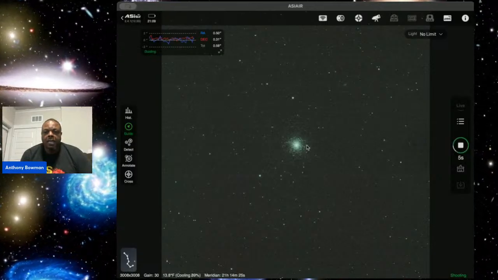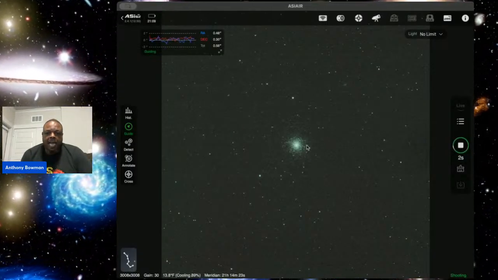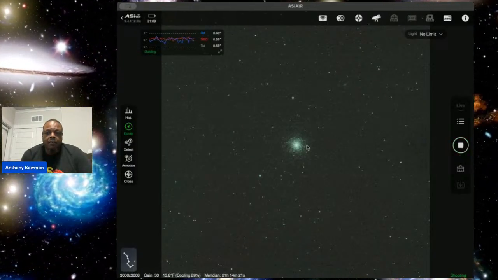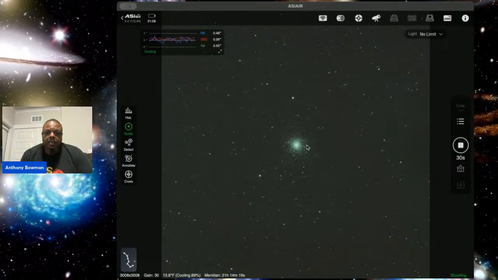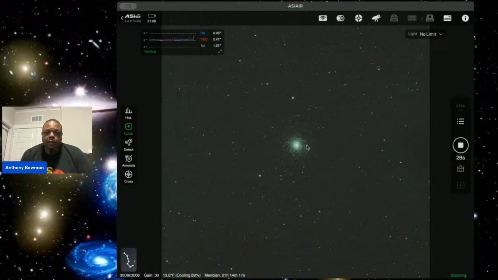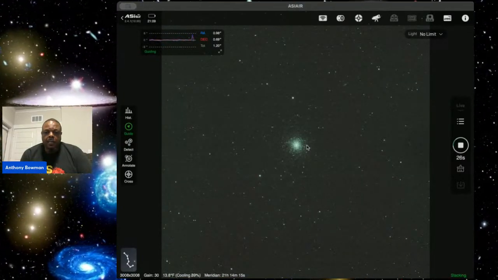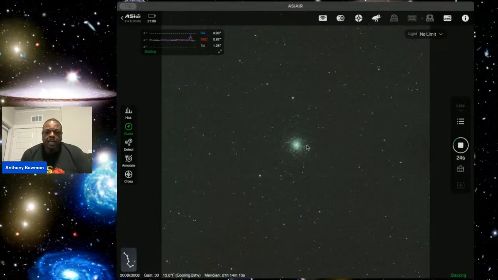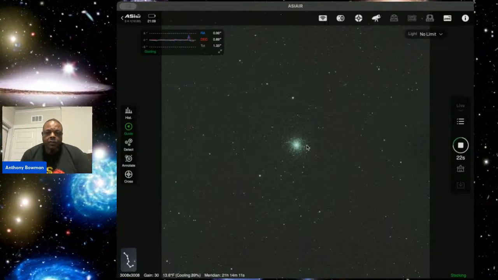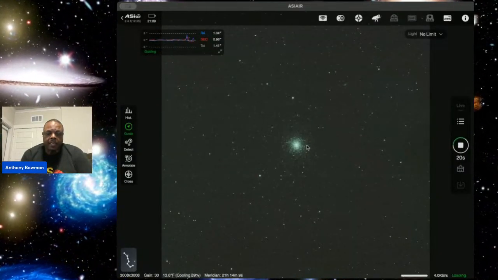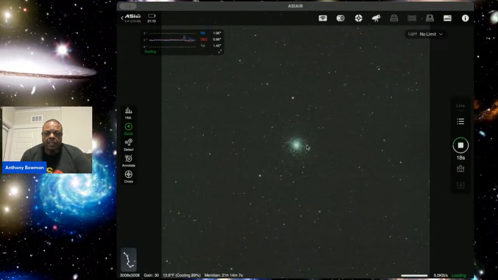So what you're seeing now is live shots of the globular cluster M13. My ASI Air, the computer that controls everything, it's stacking the picture as it takes it.